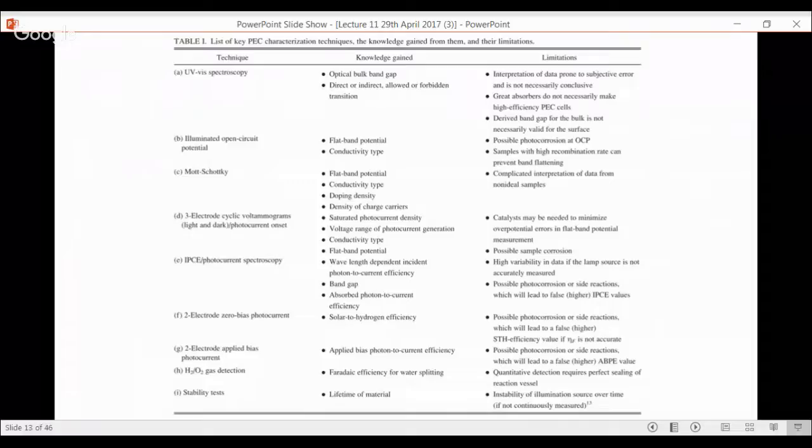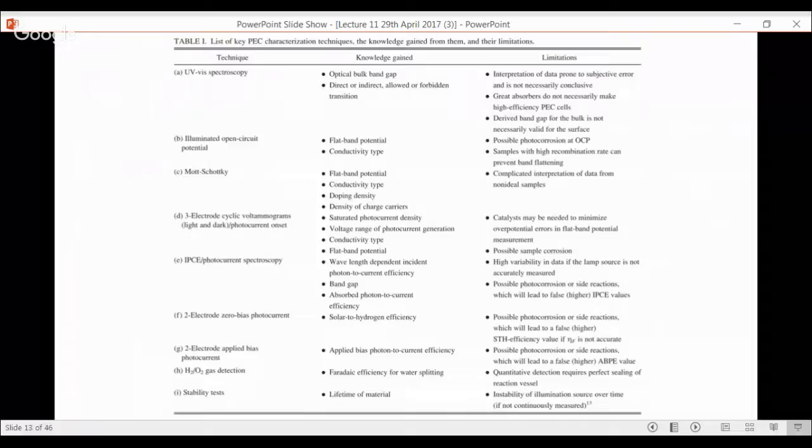We have already seen all those things. It will be 2 to the power of 2 or 2 to the power of half. We have already discussed all of them. Then open circuit potential gives you the flat band potential. I will come to it, what is flat band potential, but it is an important parameter. Just like Fermi energy, valence band maximum, conduction band minimum, in all those things, flat band potential also is a